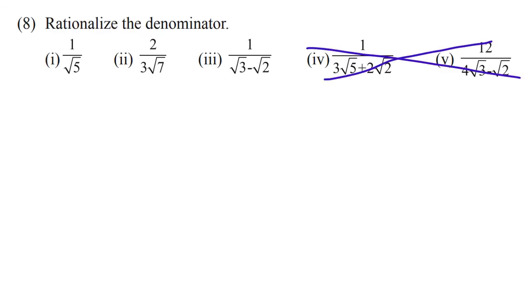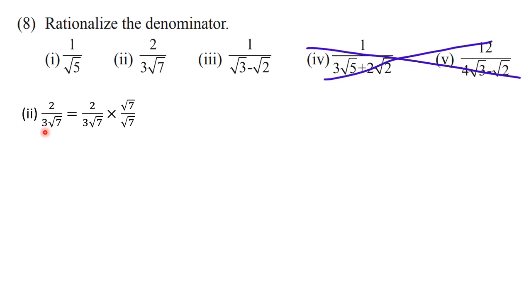The last question, rationalize the denominator. Okay, so here also I am solving two sums. See, fourth and fifth is not there. It is under reduced syllabus. So here first one is very easy. Just now how we have rationalized 1 upon root 3, similarly, you can rationalize this by multiplying and divide by root 5. So now I am solving second one.